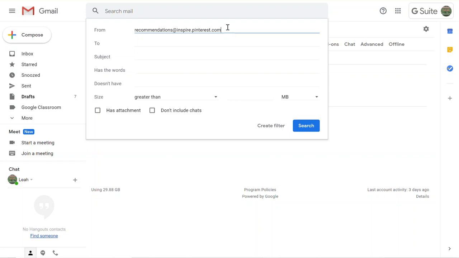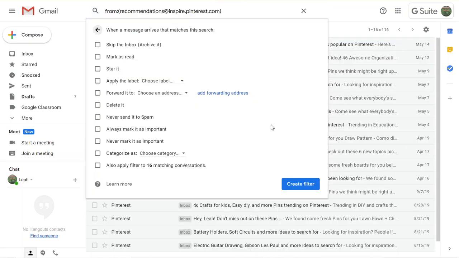If you're looking to filter the emails coming from Google Classroom, as soon as you receive an email from Google Classroom, look at the address associated with that. That is the address that you're going to want to put in this blank. You can fill out and be more specific, but if you're only looking for filtering directly from that email address, you would click Create Filter. And then here, just like we talked about before, you would have to decide what it is that you want to do with this email and then create that filter. That will then send all of those emails to that specific section wherever you choose, or maybe even automatically delete them